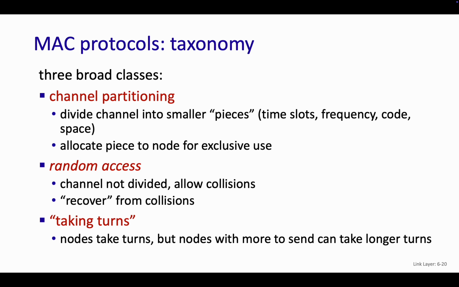The last one, taking turns. That's where you have some kind of coordinating node that somehow passes something around, like a talking stick, the token ring passing, or there's lots of different ways of doing that. So that's kind of supposed to be a hybrid of some of these things where you have one coordinating node.